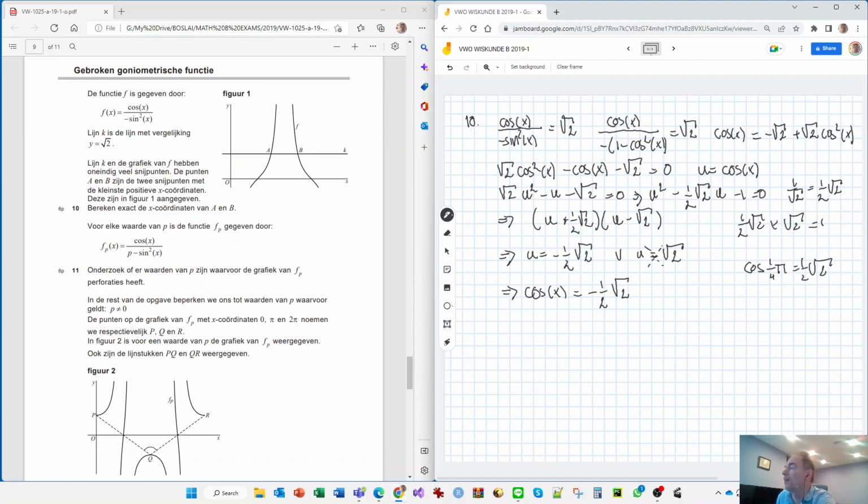And you can either use the unit circle or some other way to figure out what the solutions are. And you have to find the smallest ones, which are x is